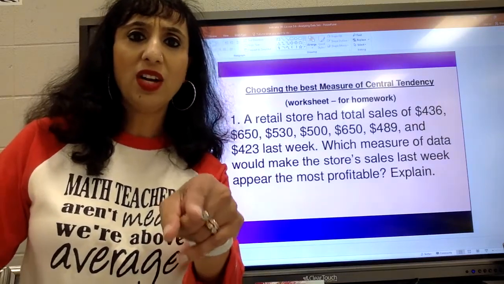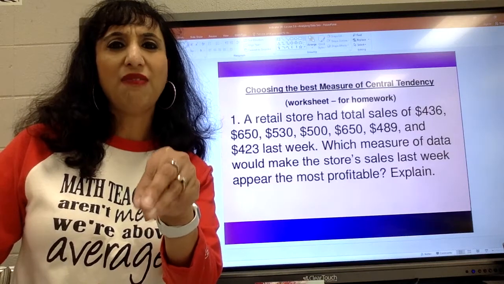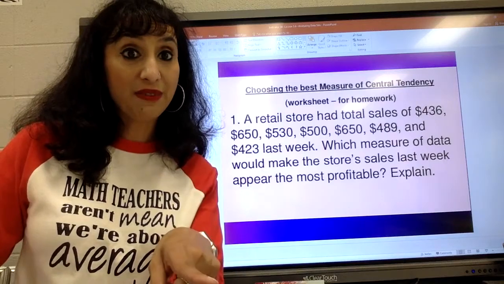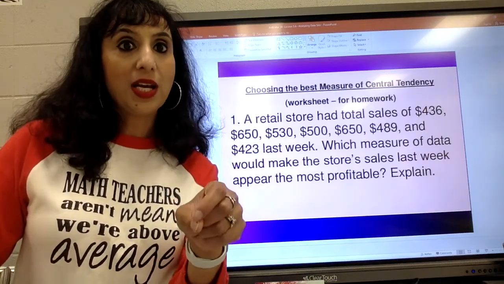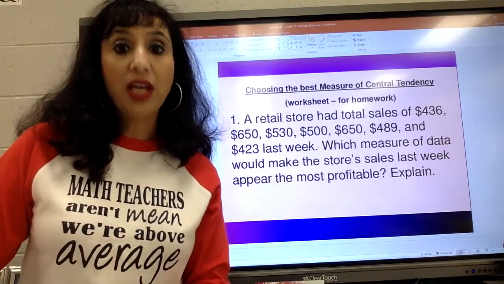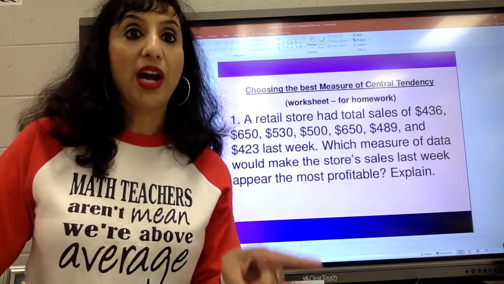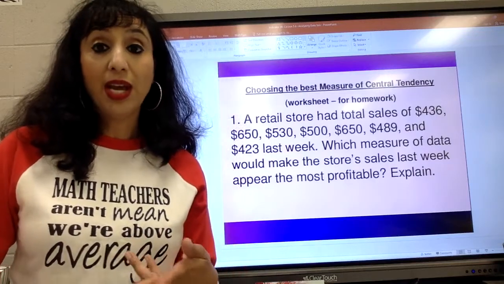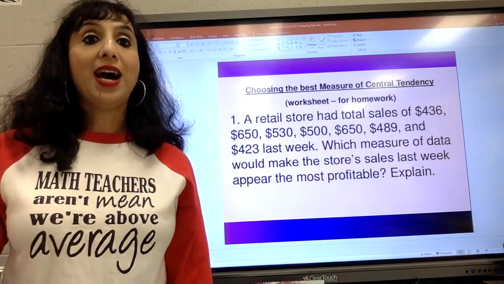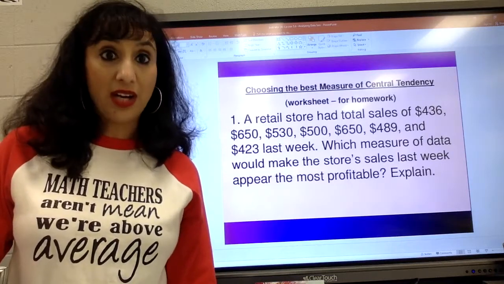So let's see, can't really call, well, it is also mode, but if I look at 436, 423, 489, 500, 530, those are mostly very much the same. But 650, even though it's the mode, it is an outlier because it is at a much higher end of the data set. Okay, so in this case, in order to make the sales look really good, an outlier would definitely affect. Okay, so in this case, they are using mode, they are using the outlier, and because there is an outlier,